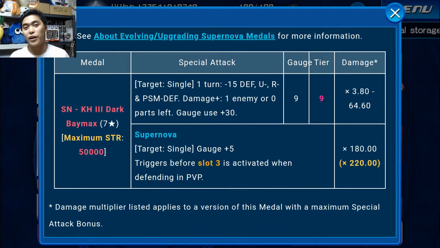That means if there's even just one additional enemy, if there's just one additional raid part, you are doing pretty much times 1 multiplier damage, which is nothing. Literally tier 3 medals have a higher multiplier than that. So it effectively makes you only want to use this in single target fights. So PvP,